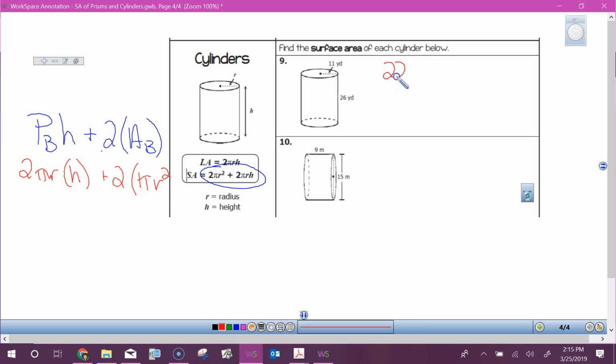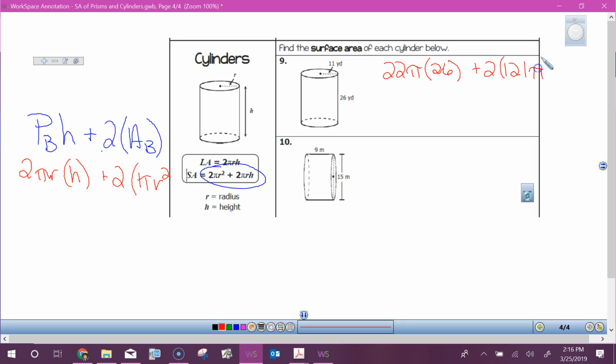So 22 pi times, what's my height? 26 plus 2 times the area of my circle. What do I do with my radius? Square it. So when I square 11, I get